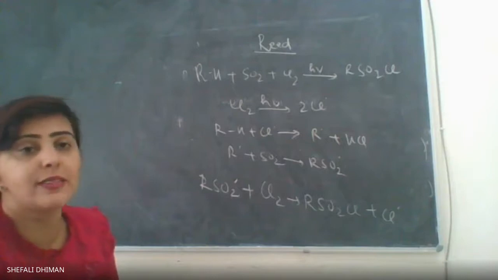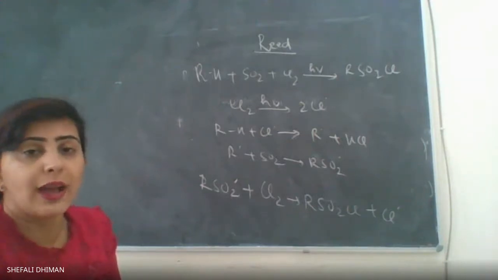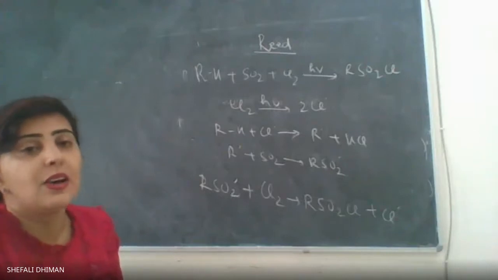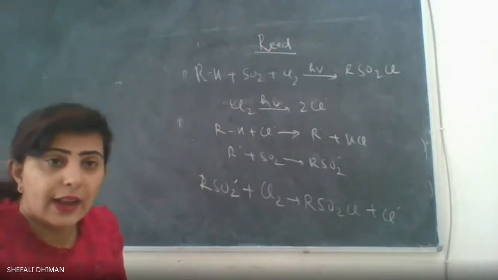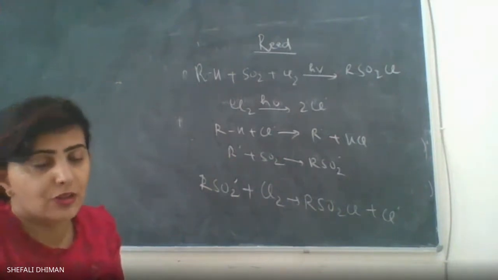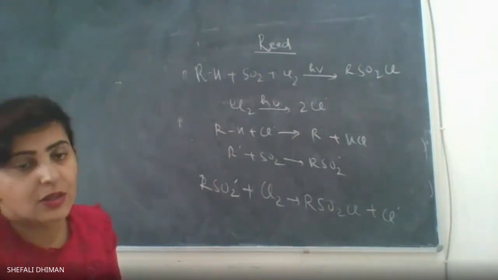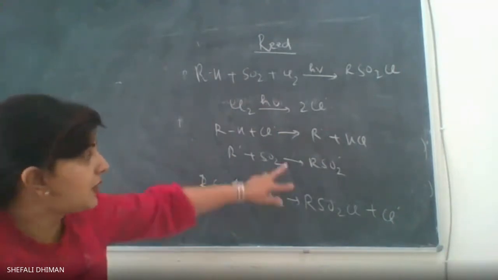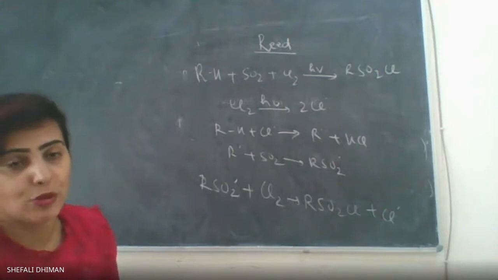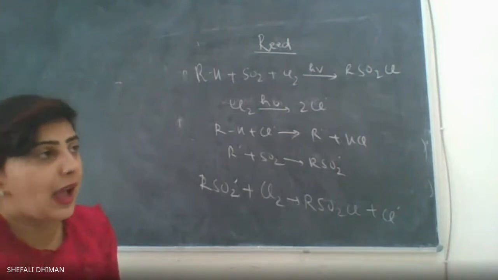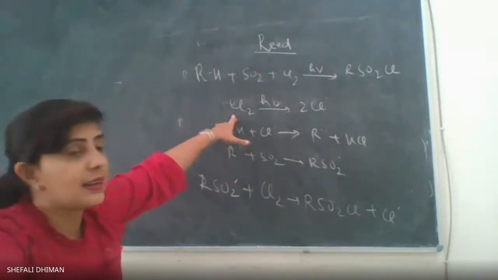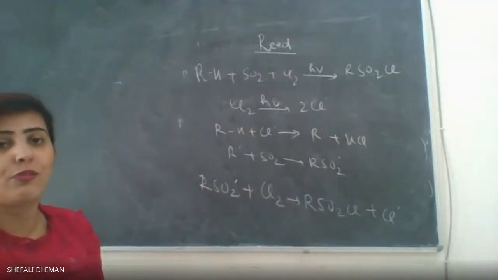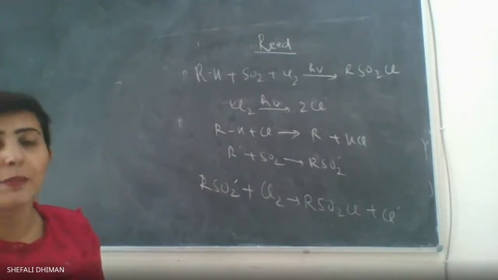So this is again a very simple example, which is called chlorosulfonation, and by name it is called the Reed reaction, which is again a free radical type of reaction involving initiation, propagation and termination. Termination will happen when both the radicals combine to form neutral species. So the termination is happening as and when the chlorine radical is getting consumed, the reaction is going to stop and you would form the chlorosulfonated product.